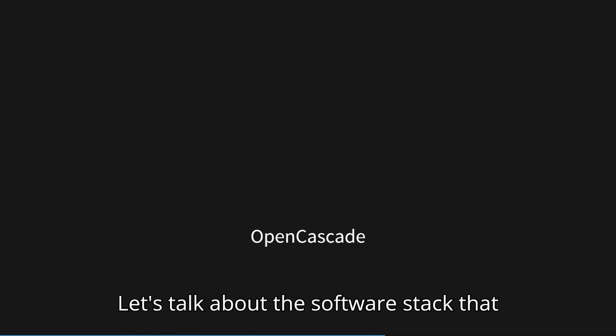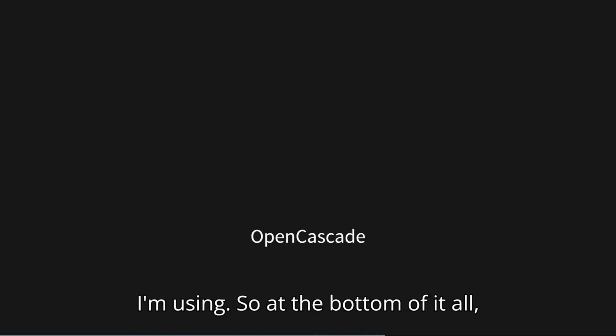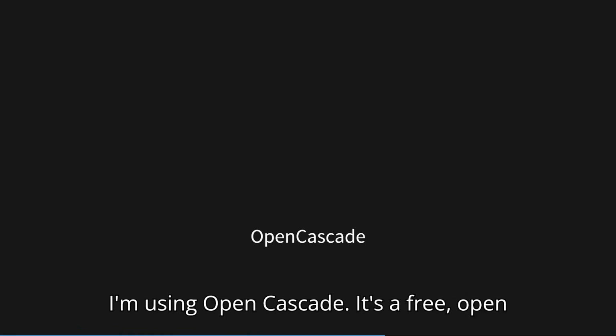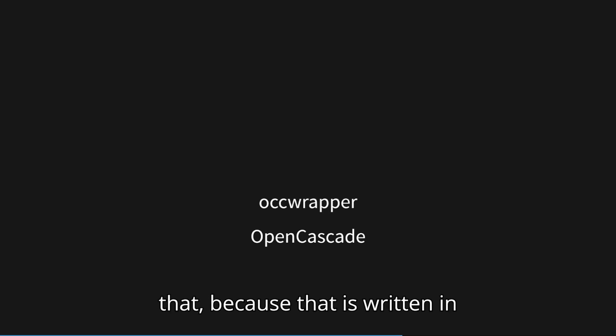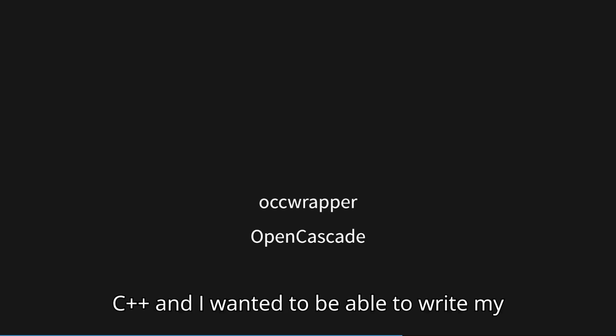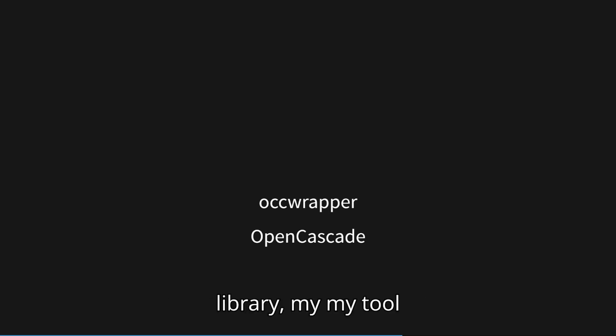Let's talk about the software stack that I'm using. At the bottom of it all, I'm using OpenCascade. It's a free open source CAD kernel to do all the operations that CAD software would need to be able to do. On top of that, because that is written in C++ and I wanted to be able to write my library, my tool in Go,